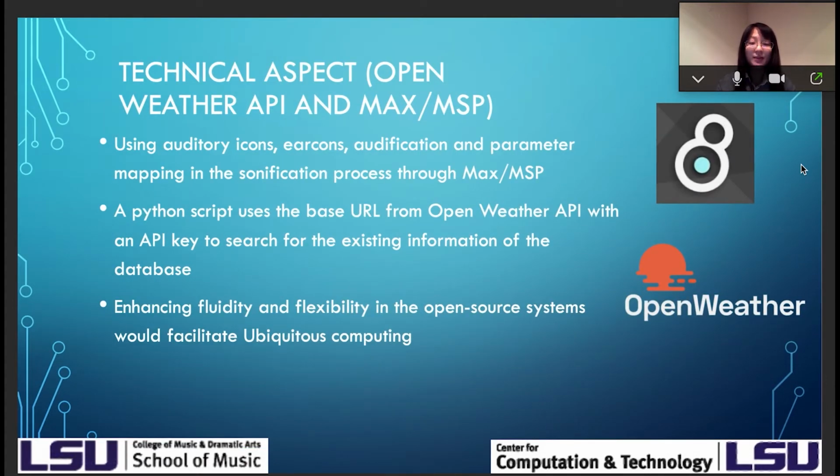The project aimed to take reference to the features and undergo sonification of weather records by data retrieving in Open Weather API, and design an unobtrusive auditory display for weather reporting. In the process of music making, auditory icons, earcons, audification, and parameter mapping will be considered as the techniques